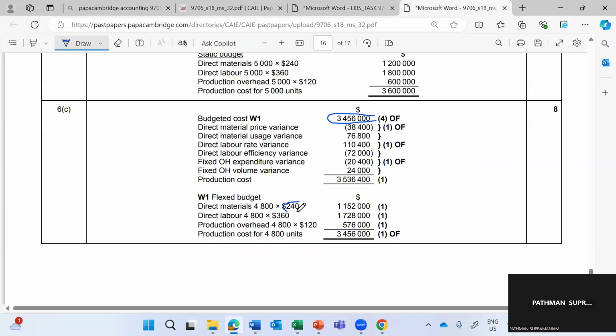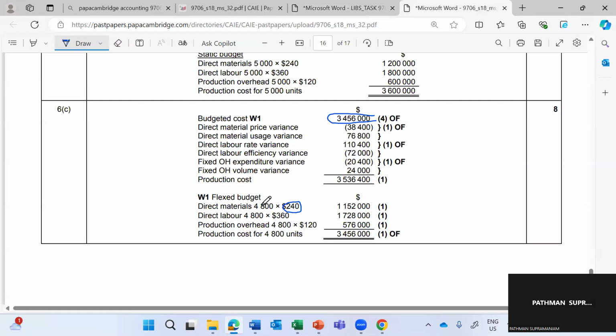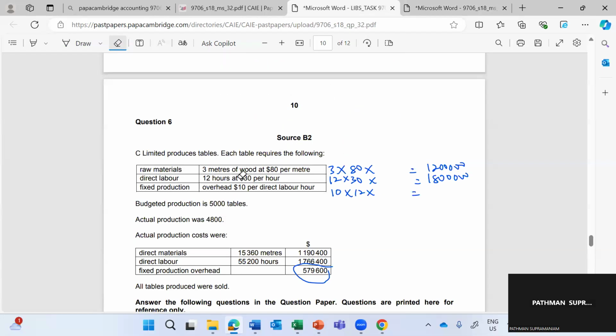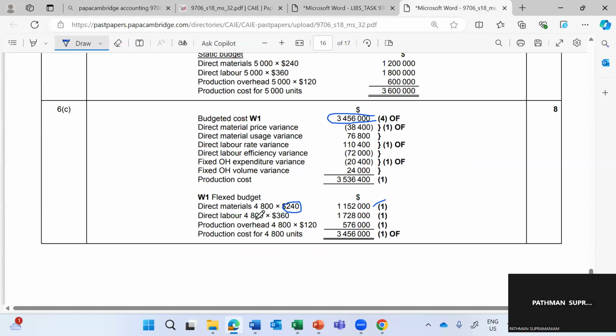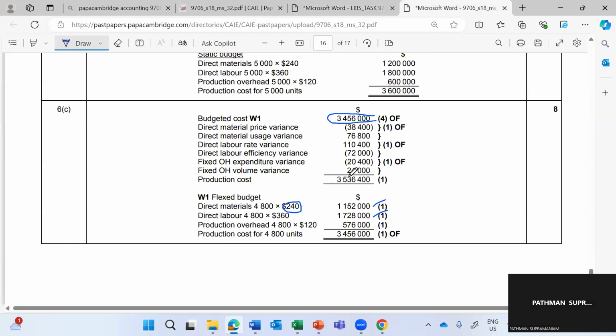Okay, since the working is here, so you multiply. Not 30 times 8, sorry, 3 times 80. So 3 times 80 is 240. So you times 4,800 units. Okay, for direct labor, 12 times 30 times 4,800. Okay, and the overheads is 10 times 12 times 4,800. Okay, so the total budgeted or the planned cost is